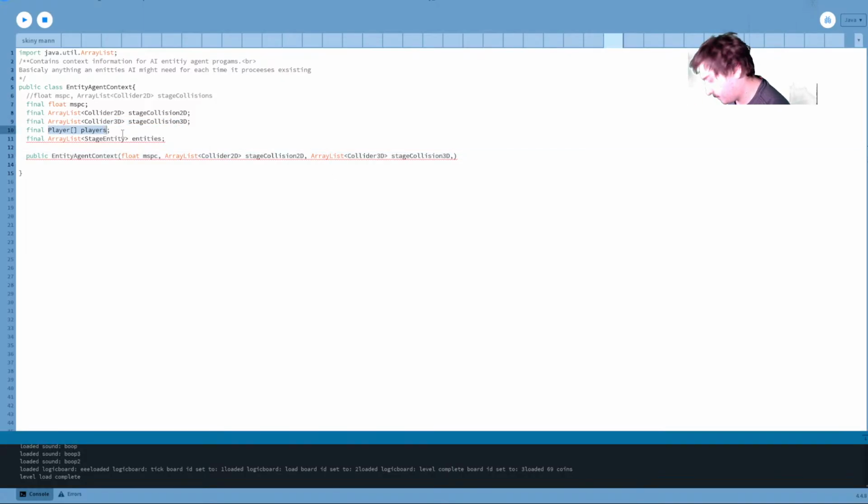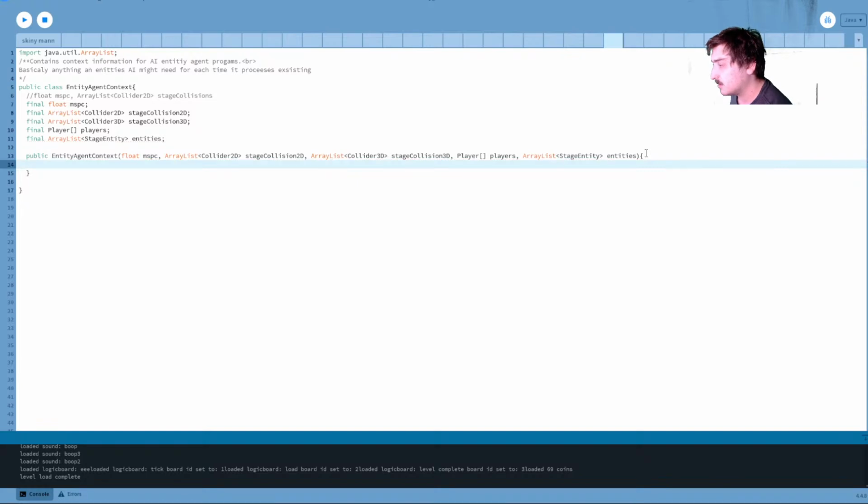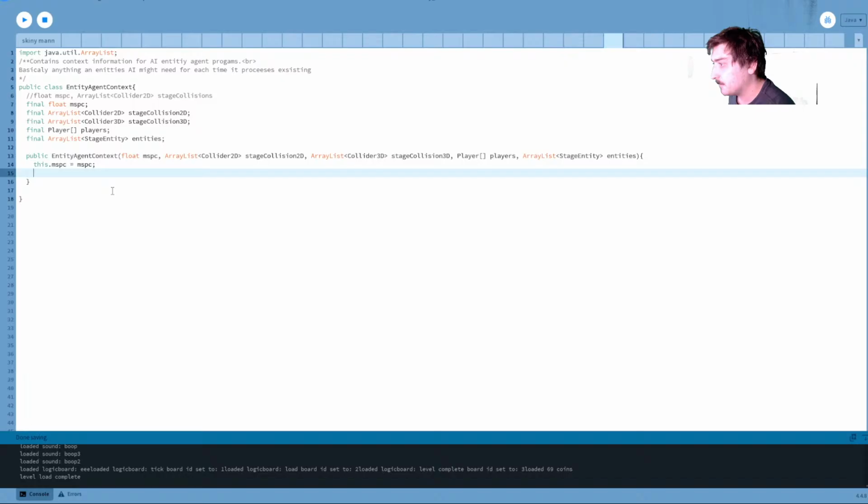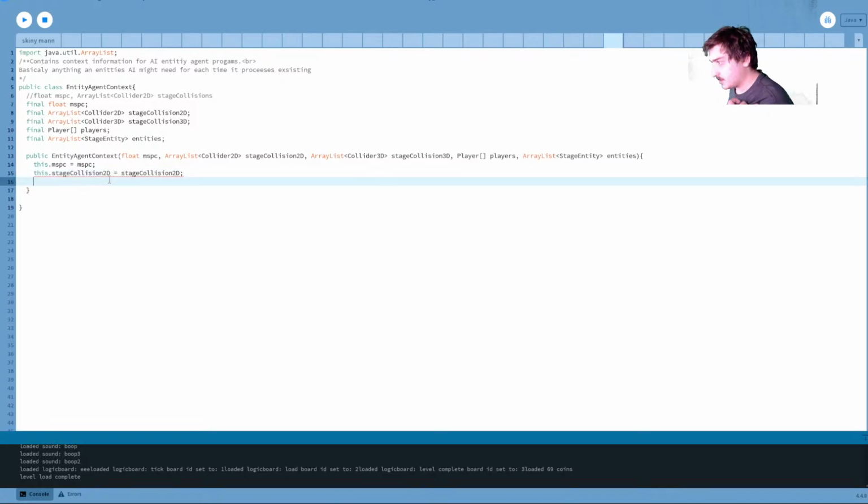We'll get the array of players, and then the entities that exist within the stage. Again, I'm not going to be using all these immediately. So this dot MSPC equals MSPC. This dot stage collisions 2D is equal to the same thing in there.